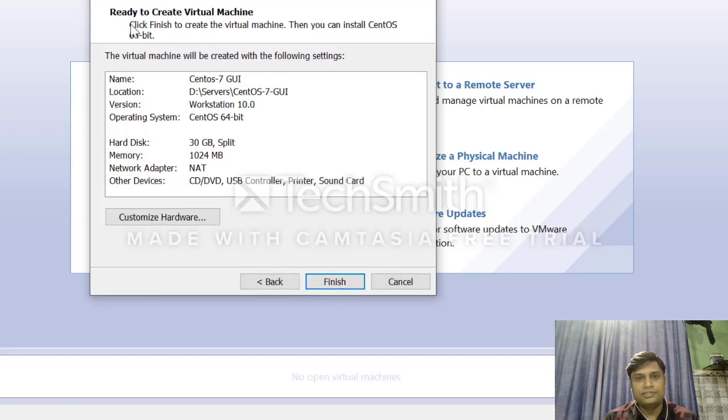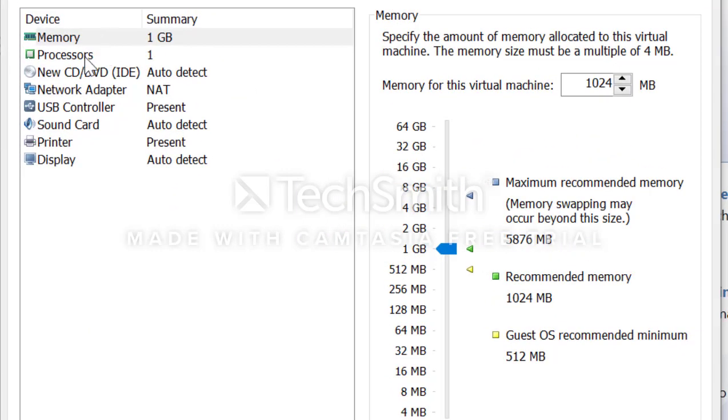So guys, this is a very important setting where you can customize your hardware. Just click customize hardware. You can see memory, processor, your ISO image file and network adapters are available. First, increase the size of memory from 1 GB to 2 GB.